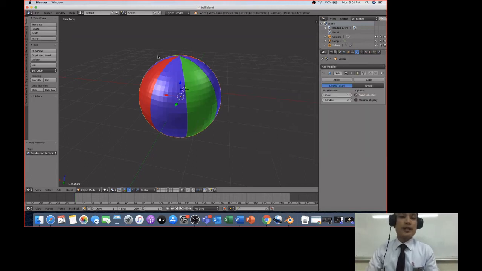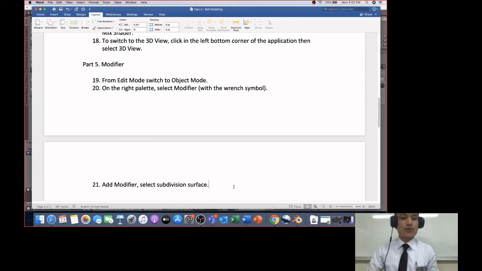Automatically you will see our ball was changed, right? Automatically it was changed from rough into smoother. But we're not yet done. We have to eliminate these pixels, these pixelated faces here in our object. So you go with the last step, which is